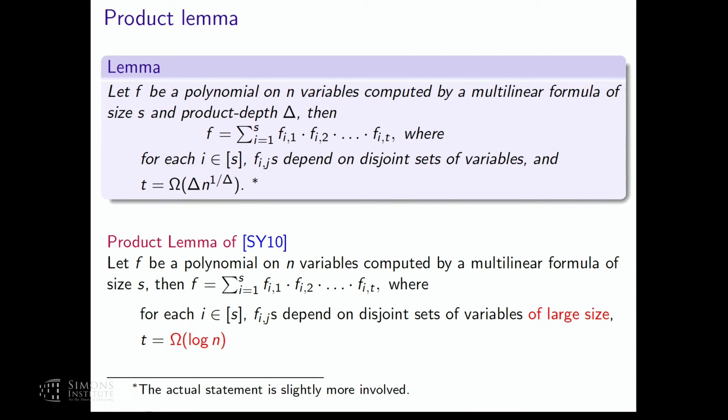Okay. We differ in that sense from this lemma. So this lemma is a reinterpretation of an older result. What Shpilka and Yehudeev have done beautifully in their survey is that many of the previous lower bounds have been presented in a unified way by saying that, for the class of circuits for which I prove a lower bound, let me write a weakness lemma for them. And all their weakness lemmas look like this. In the original papers, they have not necessarily been presented like this, but in their survey, they do this unified thing of writing down the weakness of a model of computation by writing down such a lemma, which is very helpful in my opinion.